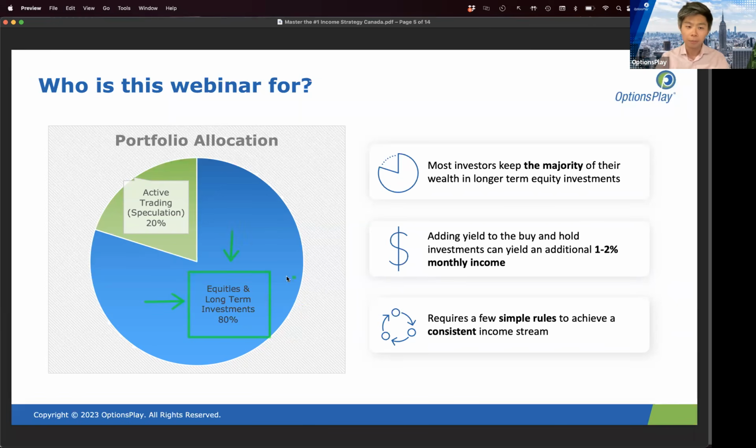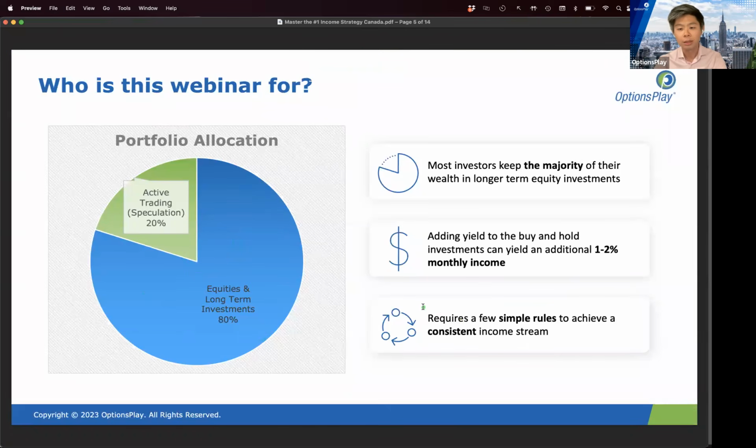Most of the time we talk about how can you make more money buying calls? How can you maximize your returns by buying calls or spreads or trading options? How can you minimize risk? Most of the time we end up spending our time focusing on that 20% of our portfolio. But what about the other 80%? This is what we're here to talk about today. This is the part of your portfolio that you don't really think about options being a tool for, but that's what we're here to talk about.